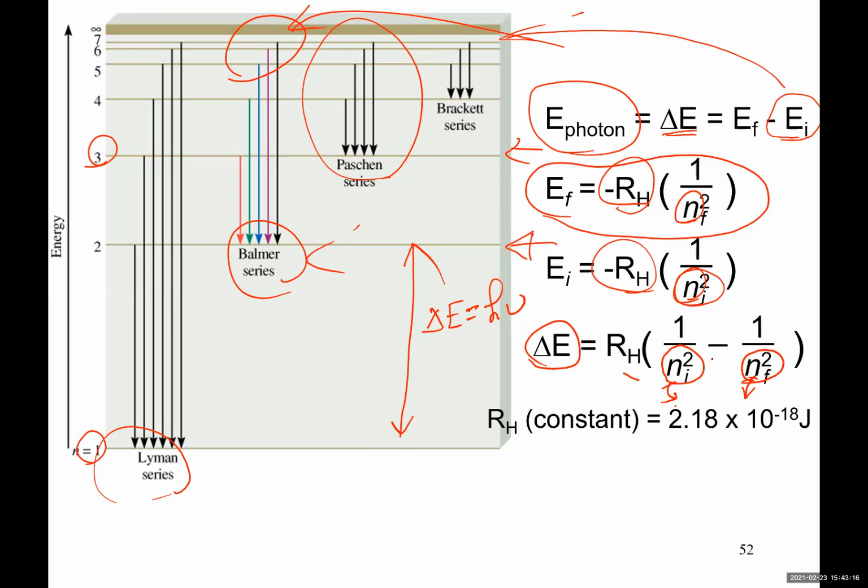It's either 1, 2, 3, 4, 5, 6, and so on. So once I calculate the energy spacing between the two levels where the electron is moving,